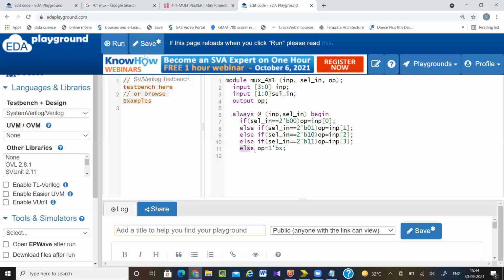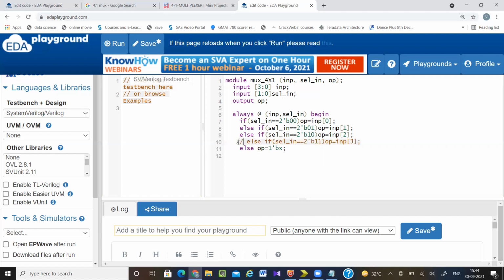So what does this else mean? As you know, Verilog is a 4-valued data type. A 4-valued data type means it can have 0, 1, x and z. So for the 0, 1 combinations, I have described everything. If it is a 2-bit signal, then 00, 01, 10, 11. But I have not mentioned anything for x. Let select in be equal to x or equal to z. Then at that time, what will be my output? For that, I have written that if the select is any invalid signal like x or z, then my output should go to x.